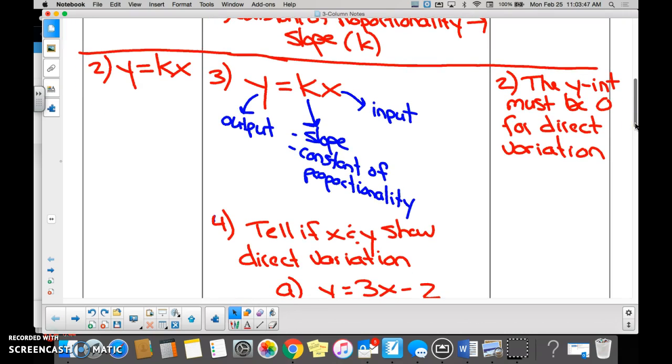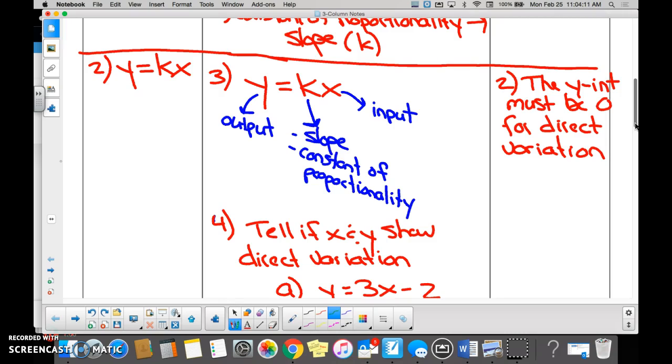Can someone explain why there is no y-intercept with direct variation, Tate? Because if the y-intercept was anything but 0, then it wouldn't be direct variation. We would not be varying directly if the y-intercept was anything but 0, right? So it has to be 0, therefore the formula for direct variation is y equals kx, which we could liken it to,